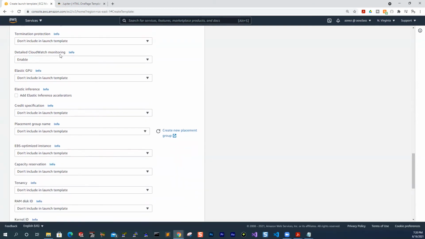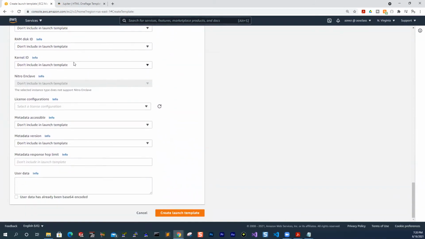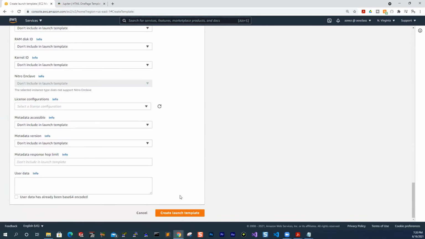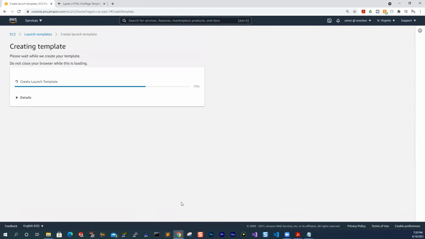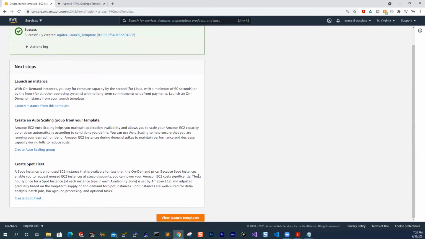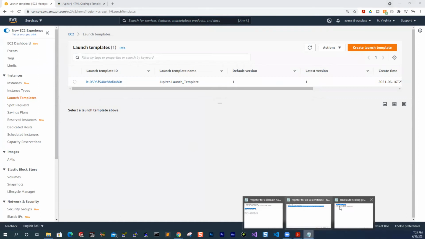But everything else here, we are going to leave as default. So leave everything else as default, come all the way down and click Create Launch Template. We have successfully created our launch template, and that's all you need to do. You can view your launch template and you'll see it here. And that concludes